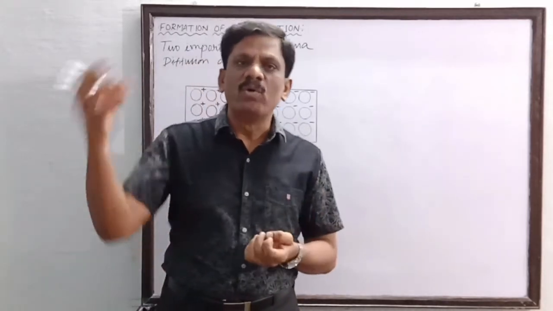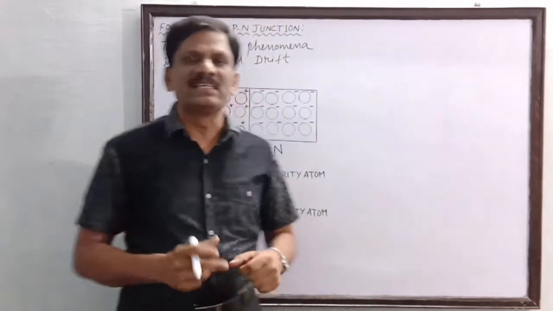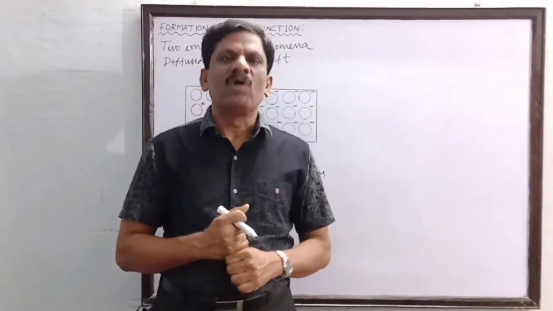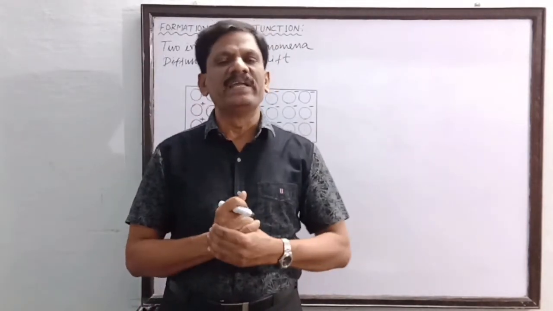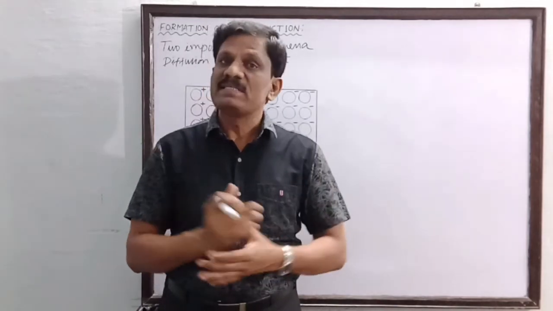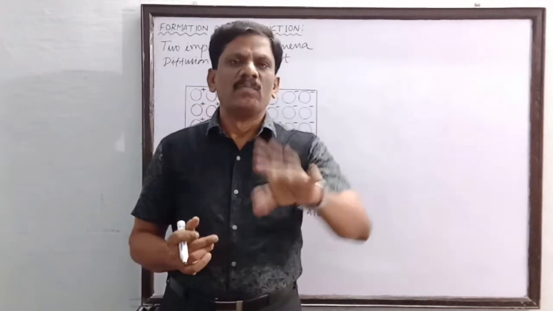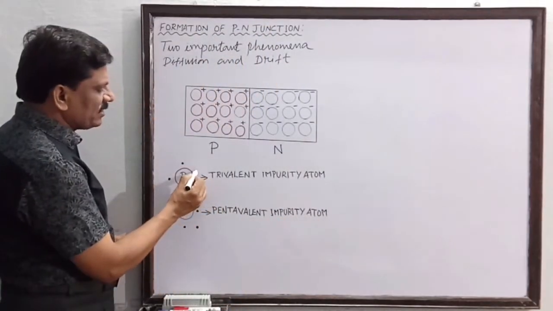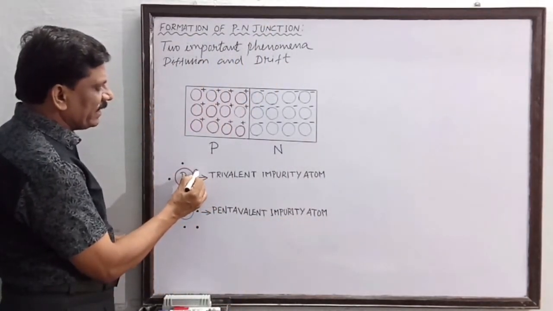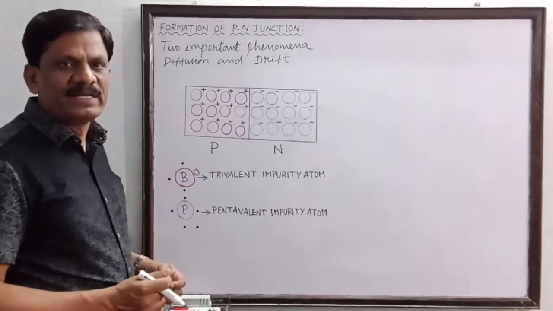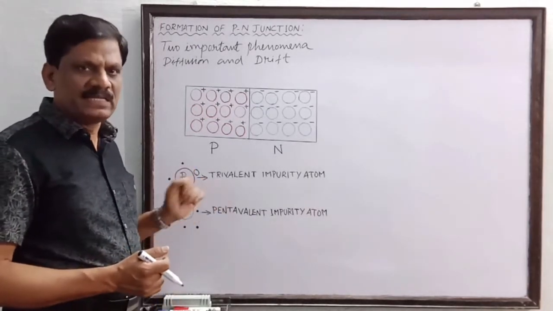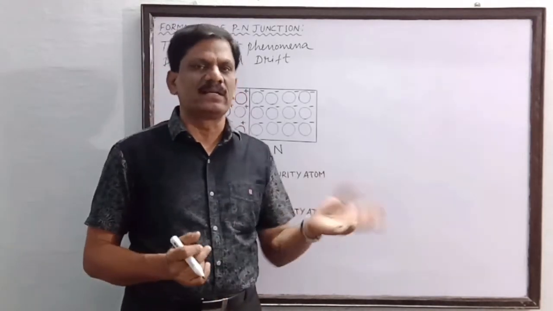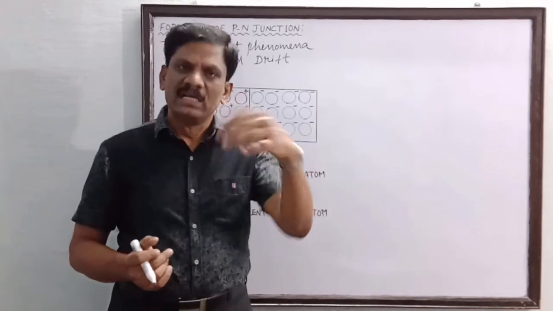But when you dope an impurity atom such as boron, which is trivalent, it has only 3 electrons. How many bonds can it form with the germanium or silicon atoms? Only 3 bonds can be formed. So one more bond is incomplete. So here there will be a vacancy. Understand students? There is a vacancy, and here an electron is required to complete the 4th bond. So this vacancy can be called a hole. We have studied in the previous lecture what electrons and holes are, and how holes are created.